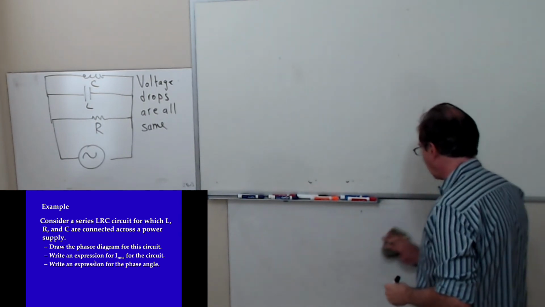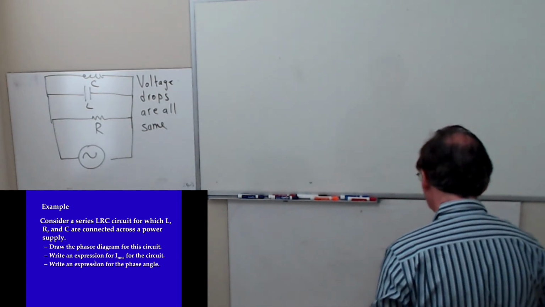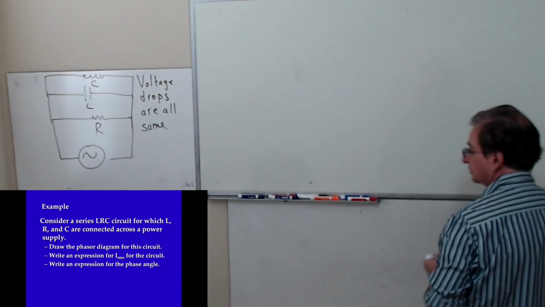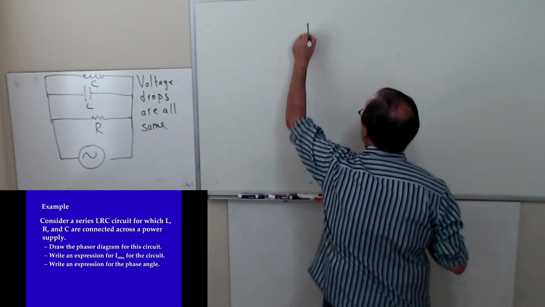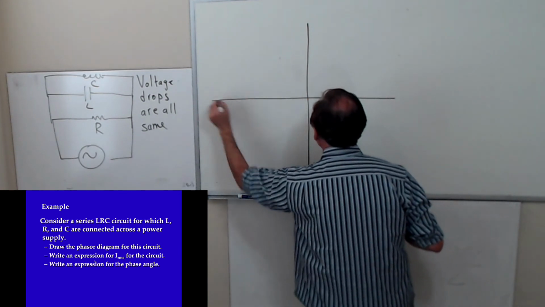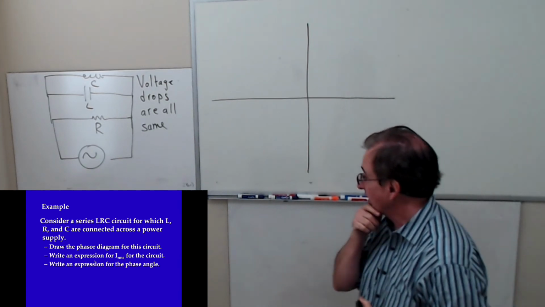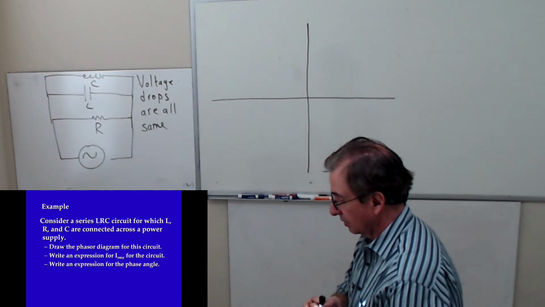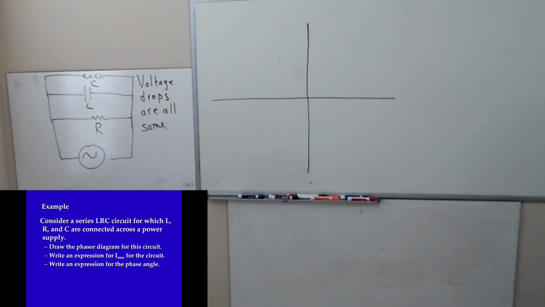Yeah, I could, but I want to use the phasor diagram to be able to understand this circuit, because the graphical way is just so much faster. So I want to draw a phasor diagram representing the circuit, and you know that the voltage across each one of these is going to be the same, right? So I want to represent that.